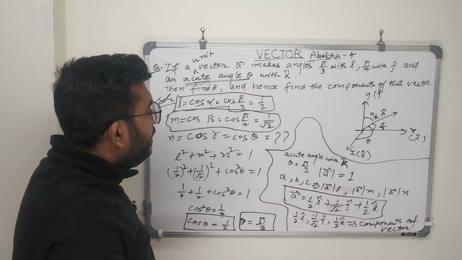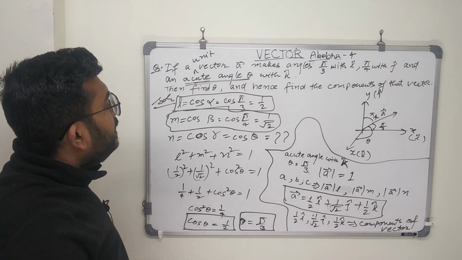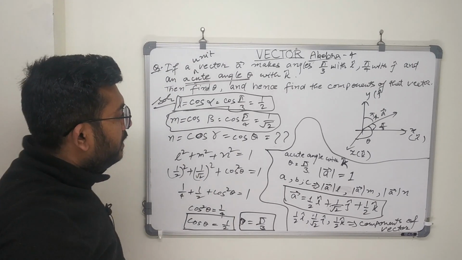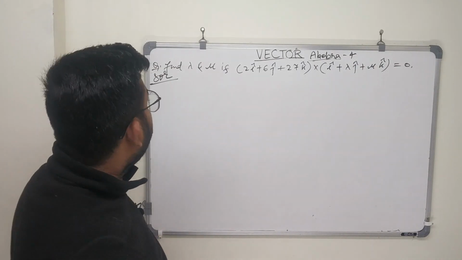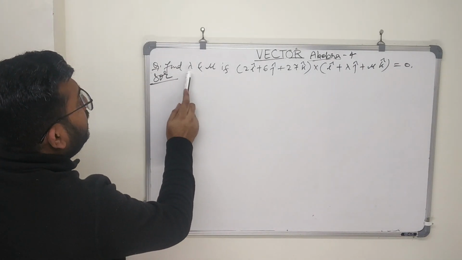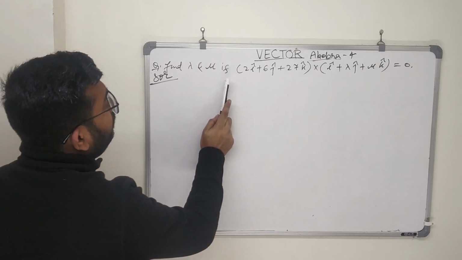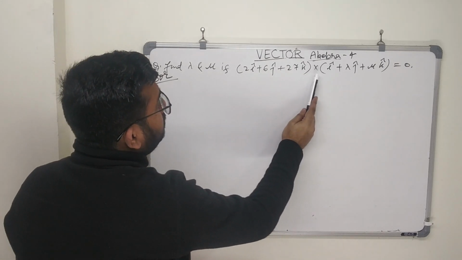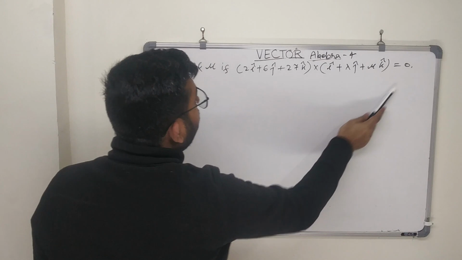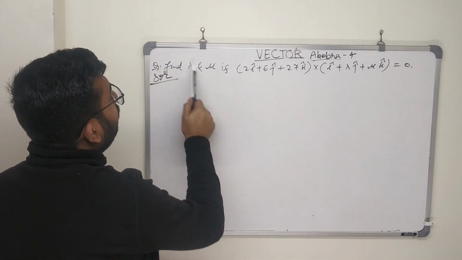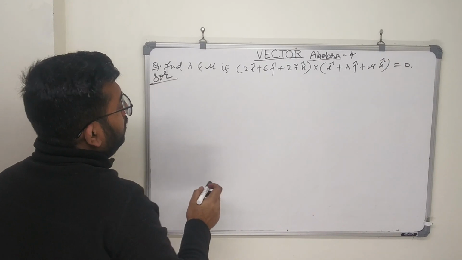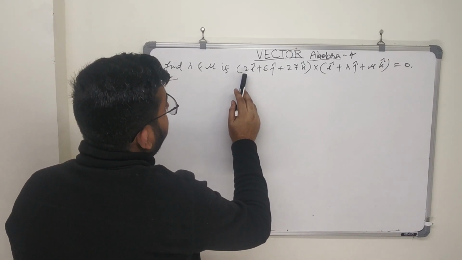This is again a very good question. So please note the solution of the question. So now the next question is, find the value of lambda and mu if vector this cross vector that is equal to 0. In this we have to find the value of lambda and mu in case when the vector